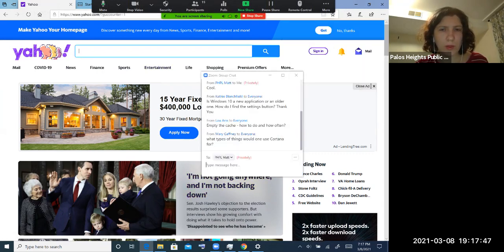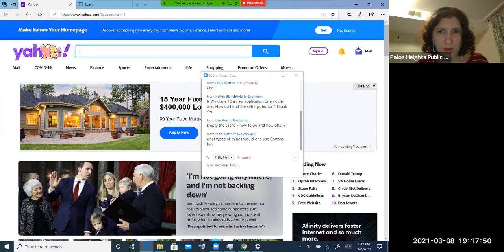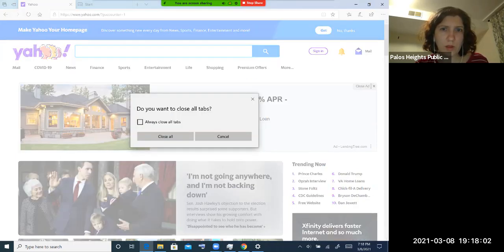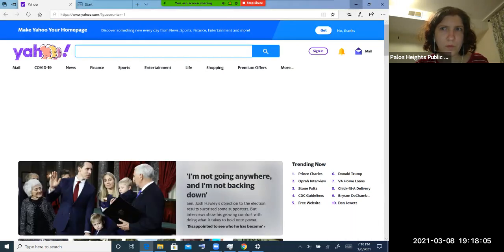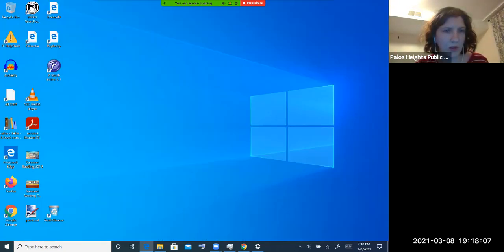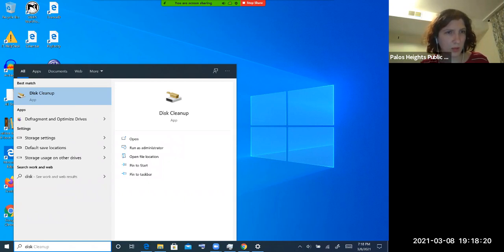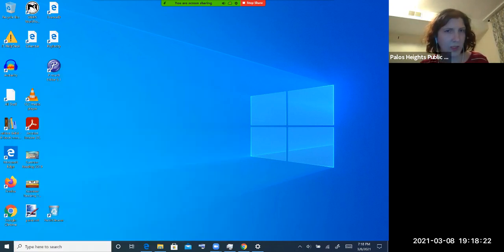Looks like I'm getting a couple more questions actually. For emptying the cache, do you mean such as like a disk defragment or clearing your history? Because for like disk defragment or disk cleanup, you can actually search for it here in Cortana, right here. Disk cleanup. There it is. You would click on it,